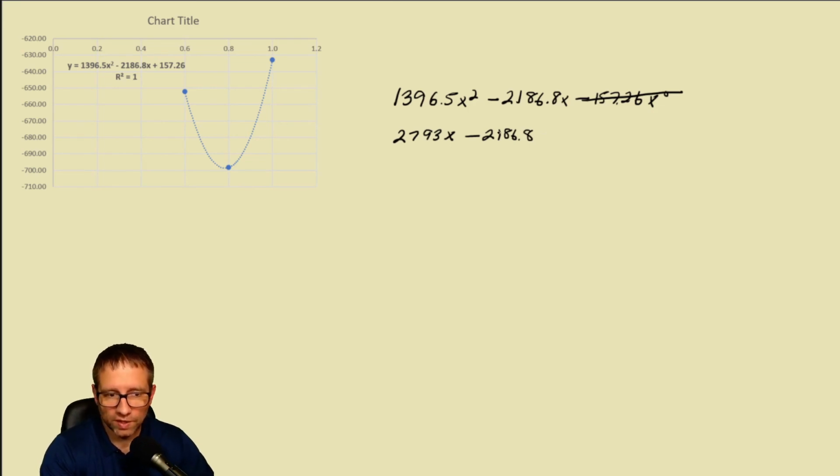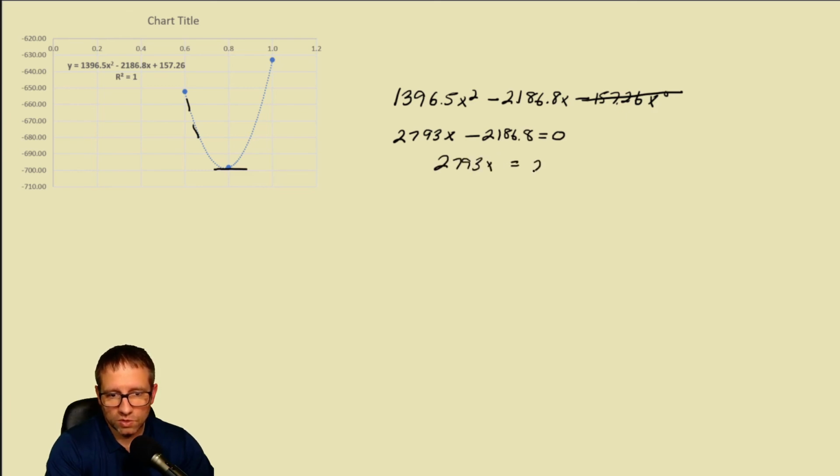Now we want to know when that slope is 0. So when that slope is basically flat along the bottom of this line, you know, the slope at any point is going to kind of follow this curve, and when it's flat, we'll know it's at the minimum. So we want to say that this is equal to 0. And if I solve that,